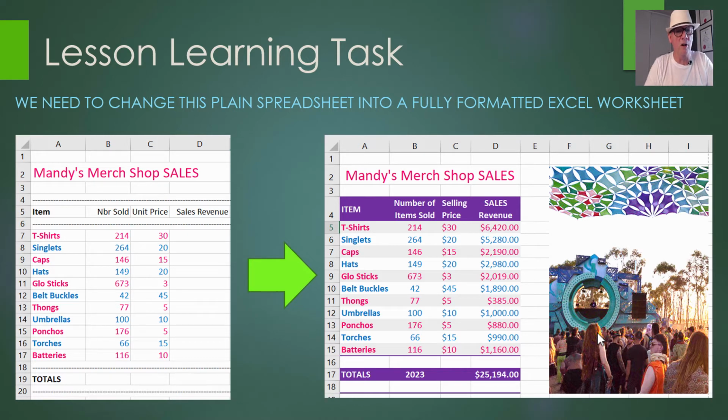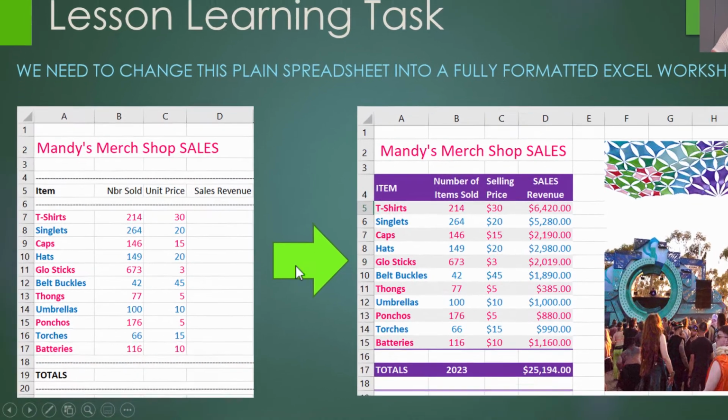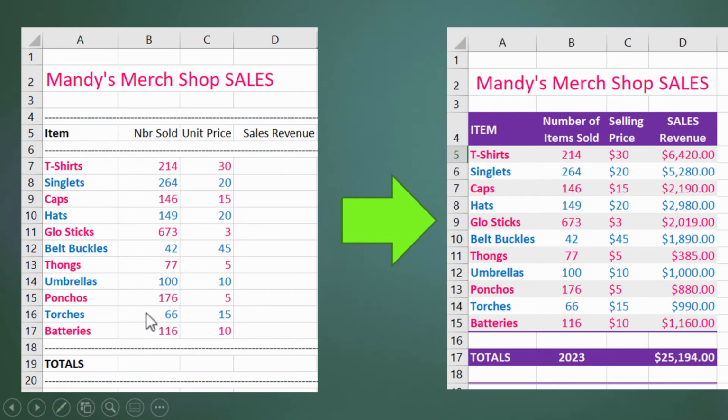Mandy's got this merch shop at the festivals, and I think we saw Mandy's merch shop in lesson 1. So here we are at a festival. Oh, that looks nice. So we'll work out how to put that nice picture on our Excel as well. And we've got all these things she's selling, and we just had how many she was selling, but we're going